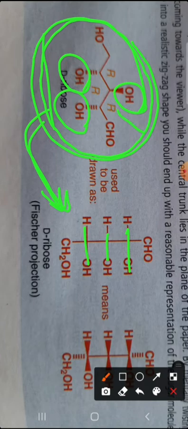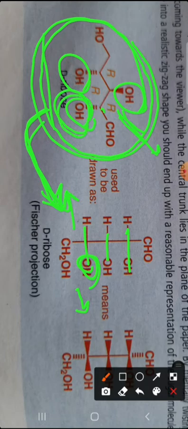So this R is shown here. R is the configuration of that particular group, that particular carbon. R configuration. So according to R configuration, we must give which side this OH group is, either right side or left side. This is based on our configuration.